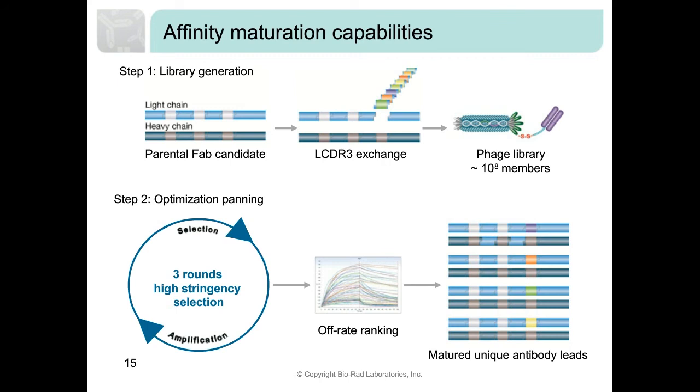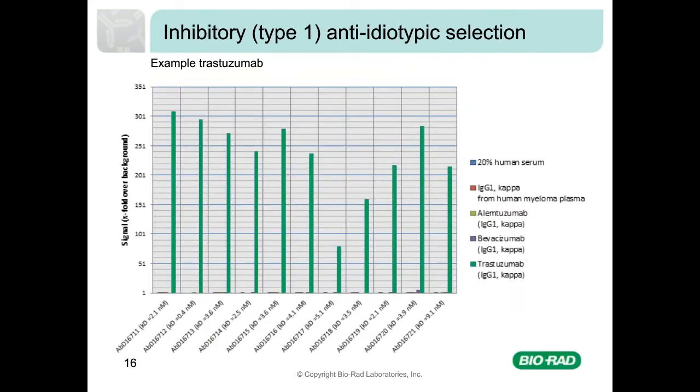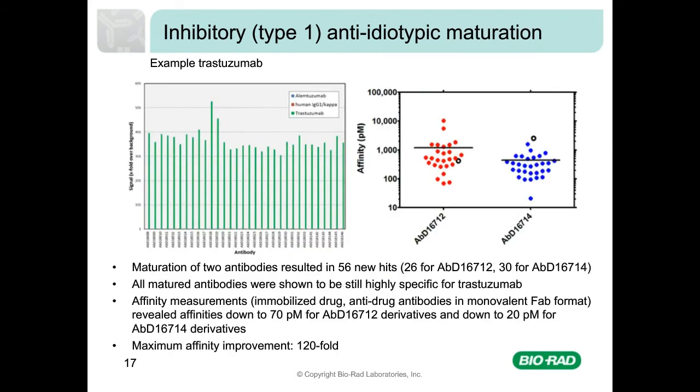From a standard guided selection of type 1 anti-idiotypic antibodies against trastuzumab, several highly specific Fabs could be generated which have affinities in the single-digit nanomolar range. The two antibodies which performed best in PK or ADA assays were affinity matured. These were ABD 16712, which already has a subnanomolar affinity, and ABD 16714. The maturation of the two antibodies resulted in 56 new hits, 26 for ABD 16712, 30 for ABD 16714,